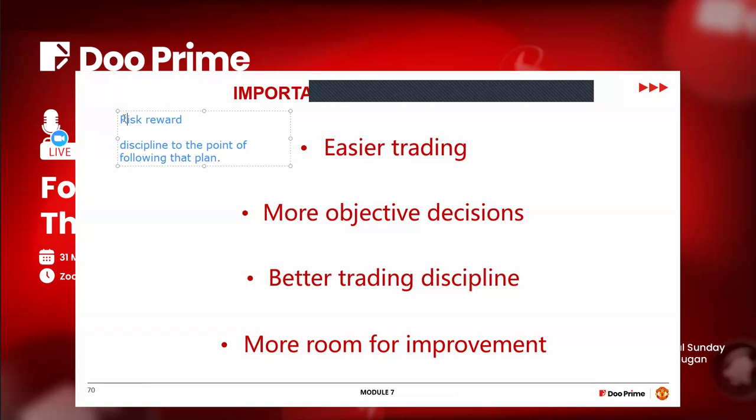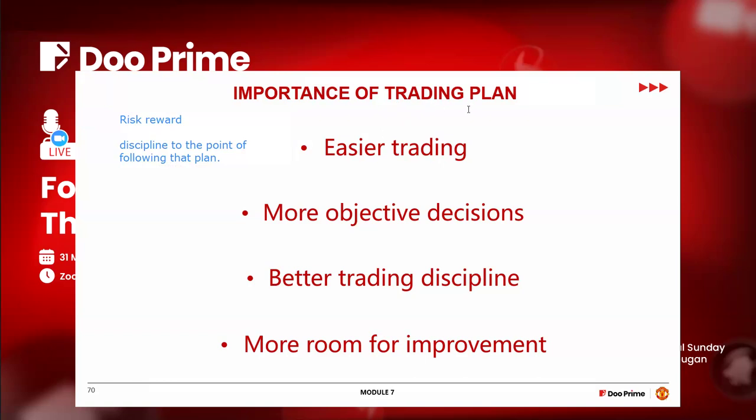Maybe your initial trading plan works on a 20 pip stop loss. Over time, when you begin to get good with your strategy, you can refine your stop loss to 10 pips and have it laid out in your trading plan. You still follow it. So it gives you that avenue to monitor your trades and understand consciously what you are doing. It takes out that element of fear and injects self-consciousness into your trade. So the importance of having a trading plan includes easier trading, as I have explained earlier.